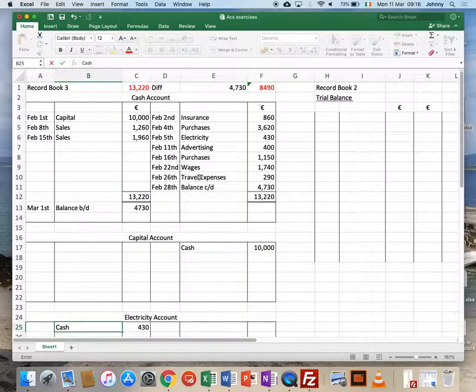Travel expenses. Which side of the travel expenses account will I be putting my entry in? My 290. It's on the debit side. What word will I write in the details column in the travel expenses account? Cash. Okay? Fantastic. So